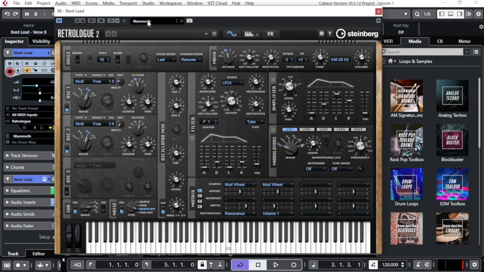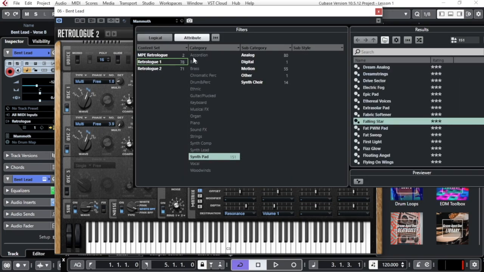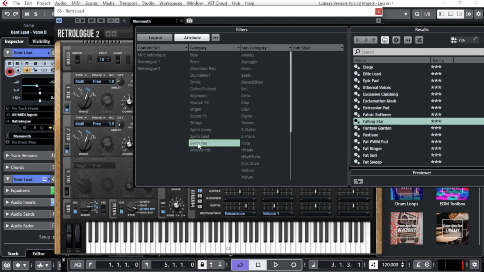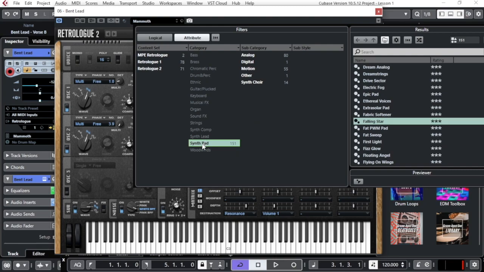So in this bar here, if I click, you can see all the different sounds from different categories that I can have. First, I just reset the filter, and you can see I can choose from whatever I want. Let's say now we are looking for a synth pad. Click on the synth pad, and I have all the synth pads that are available in this VST instrument. If I press play, now this is the Taurus play. If I click on another one,